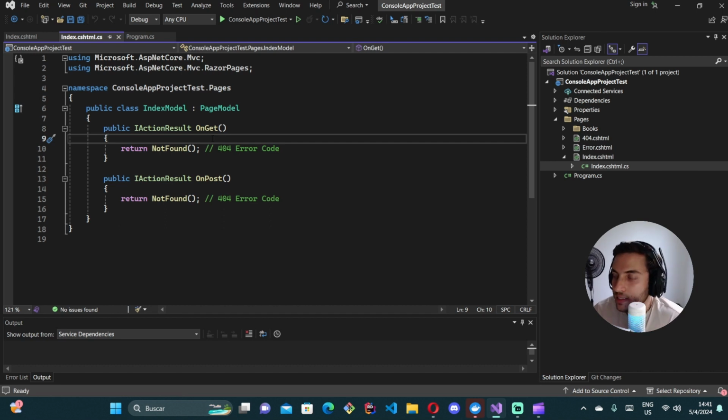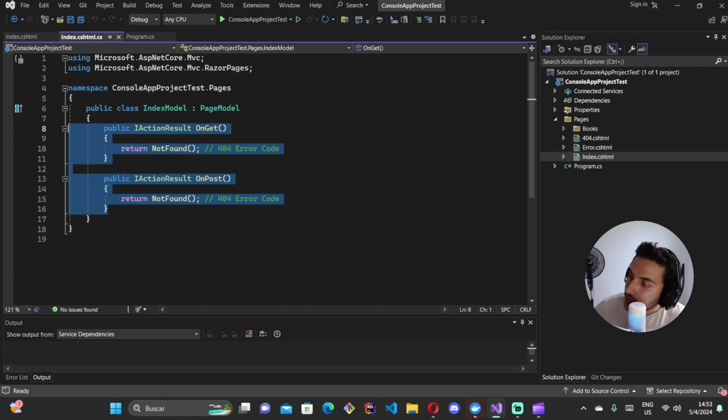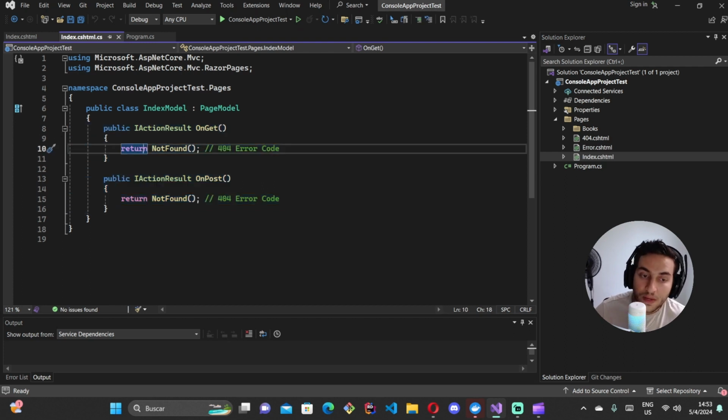These are known as code-behind files that have the exact same name as the Razor page, in this case, but with the .cs extension. And then we also have methods that are known as page handlers that define how to handle the requests accordingly. So for example, as you can see here, we have a couple of page handlers,